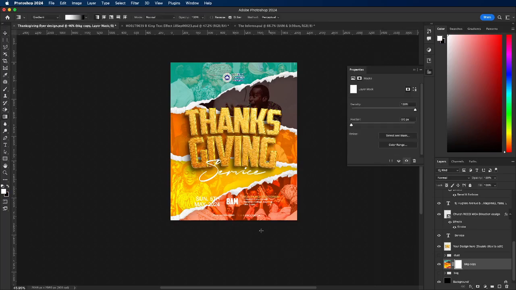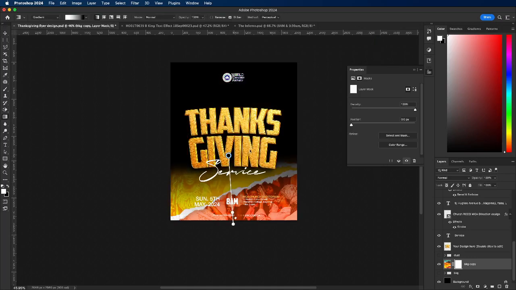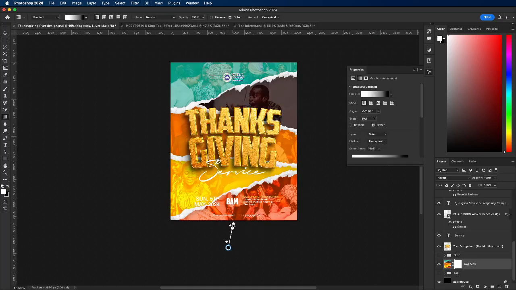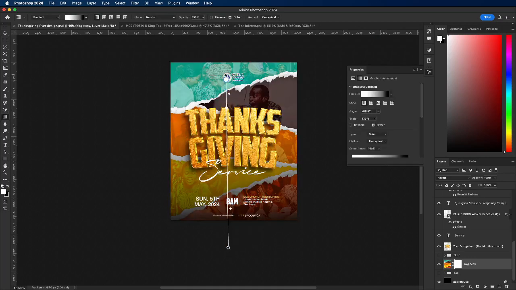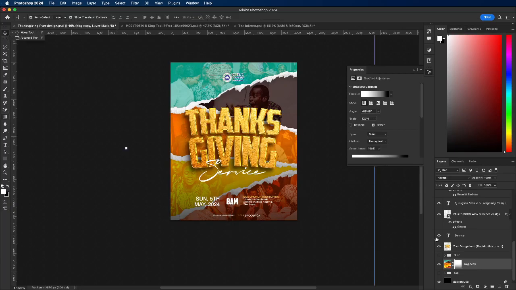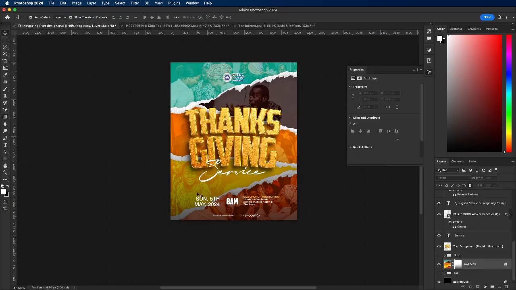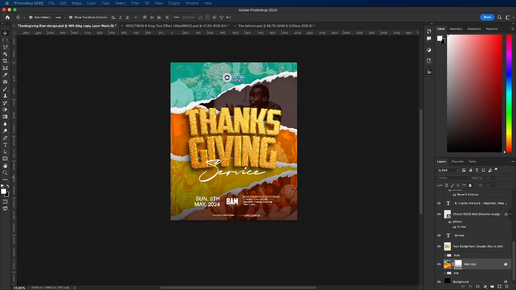So what I'm going to do is I'm going to layer mask, to reduce the opacity at the down part, so we can see the text. Regardless, I'm still going to add something there. But there's so many things that are still going to go to the background. But let's first work on